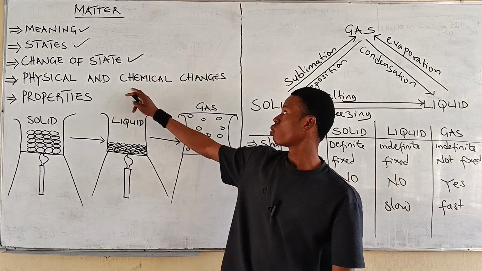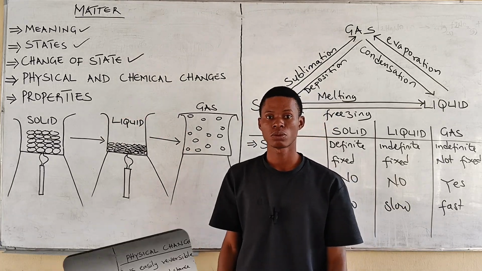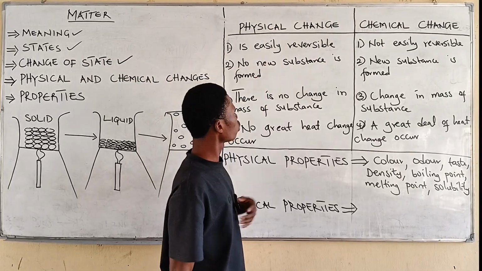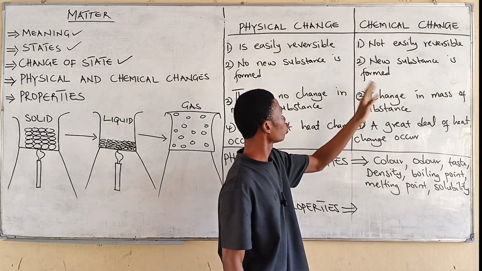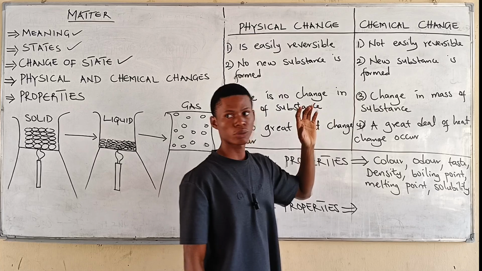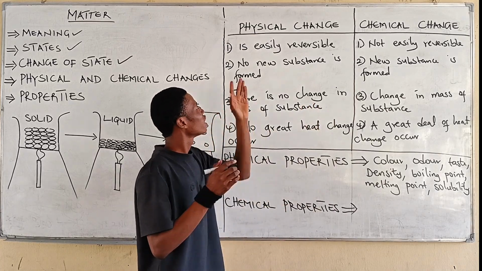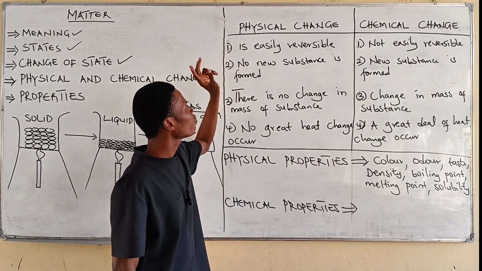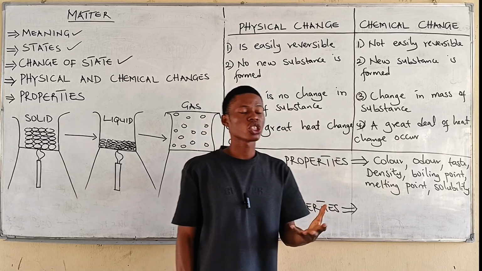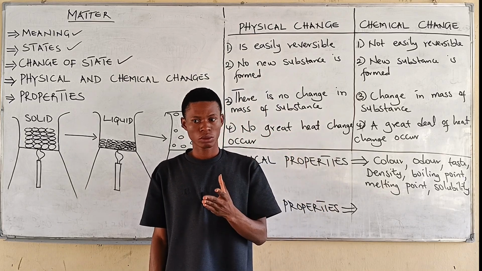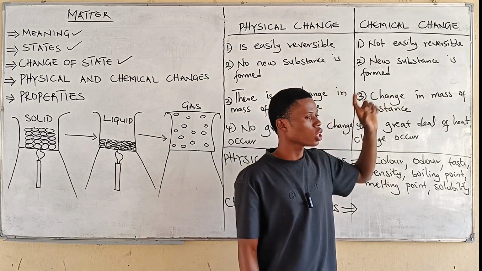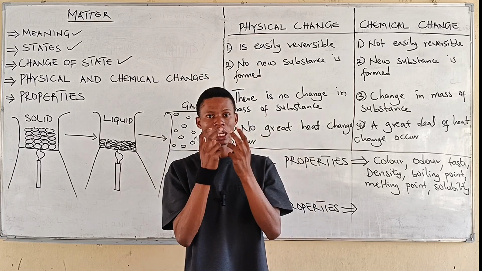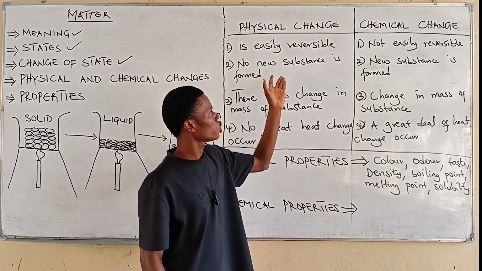Let's move on to physical and chemical changes. All right, now let's look at physical change and chemical change. Number one, physical change is easily reversible, while chemical change is not easily reversible. I want you to visualize this. Let's look at physical change as